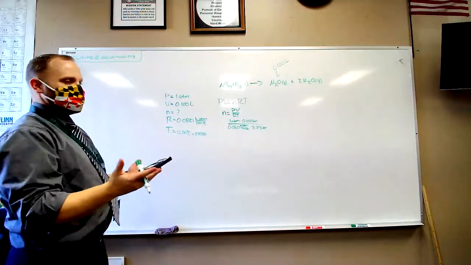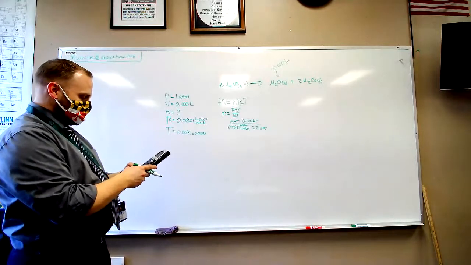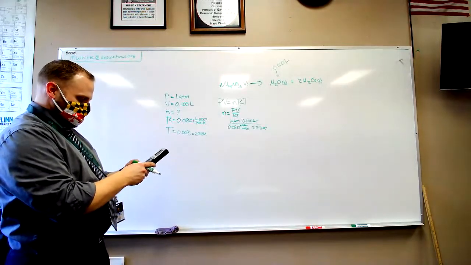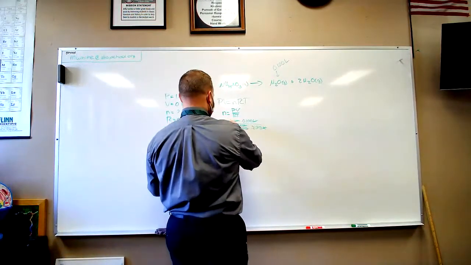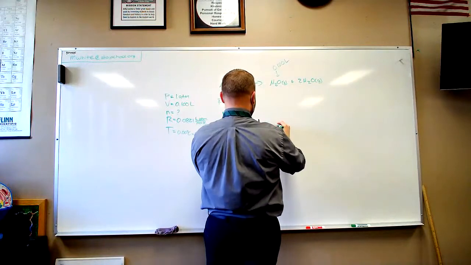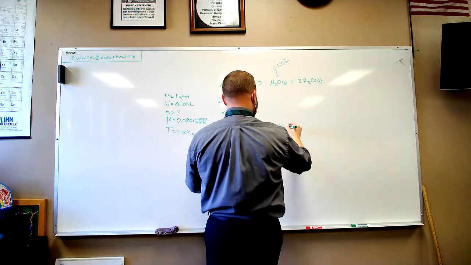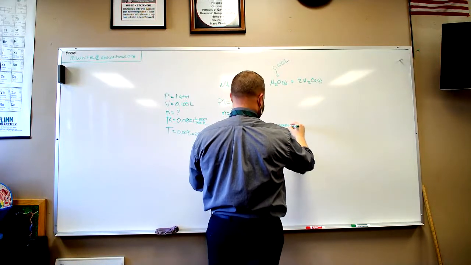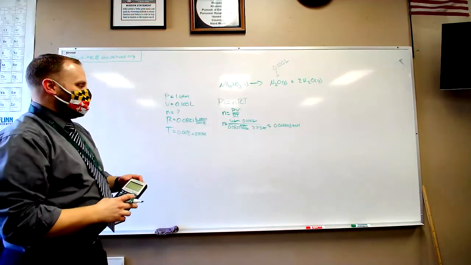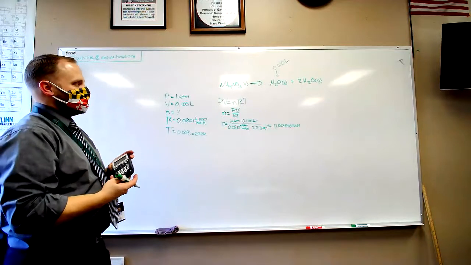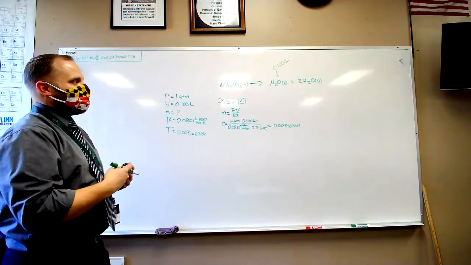It's always nice at STP because pressure is 1 and multiplying by 1 is always really easy. And so N is that's how many moles of dinitrogen monoxide we need to get